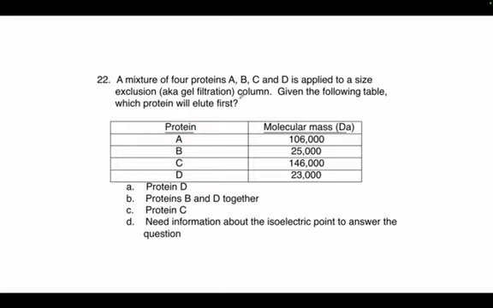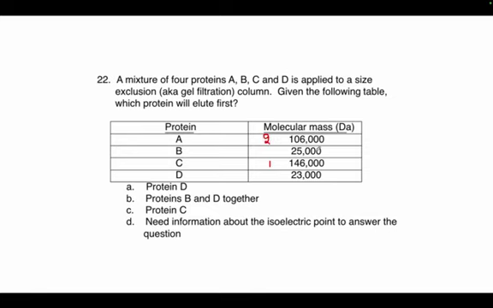Okay. Mixture of 4 proteins A, B, C, D is applied to a size exclusion column. Here we're given information about the molecular mass. Which protein will elute first? Let's go one step further. We'll discuss the elution order. Since we already know it is going to elute in decreasing order of molecular mass, the biggest protein here is C. So this is going to come first. After C, we have A. So this is going to come second. Now B and D